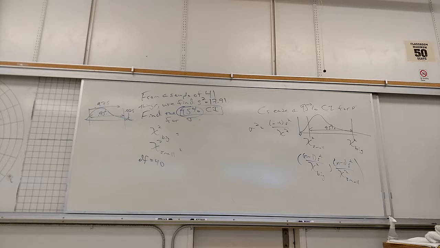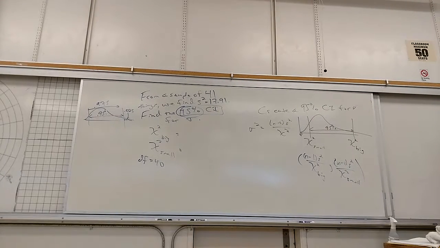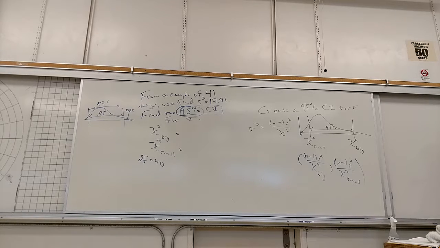Do you notice what's happening? Instead of looking at one z-score and then putting plus or minus because it's symmetric, we have to look up two, but thankfully the chart is symmetric for me. So we go down to 40. For chi-square small, I get 24.433. For chi-square big, I get 59.342.